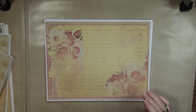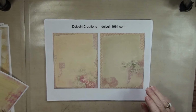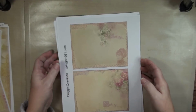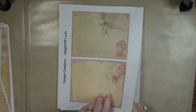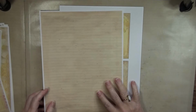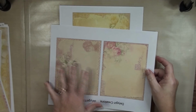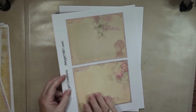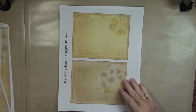Okay, so there's the extra one. Yeah, that's the extra one. And that one. Okay, so now these are the note pages. Make sure that they're right in frame for you. And on the back of that one, I included a vertical lined page. So when things are printed this way, so they're turned, then if you put the vertical one in, you're going to get your lines in the right direction. I probably didn't explain that very well, but...